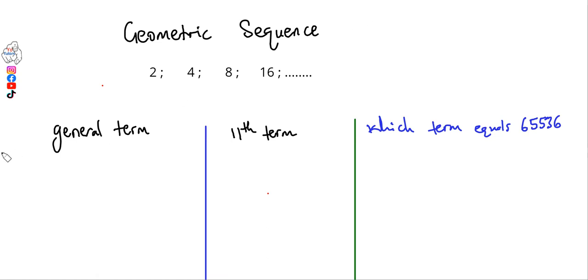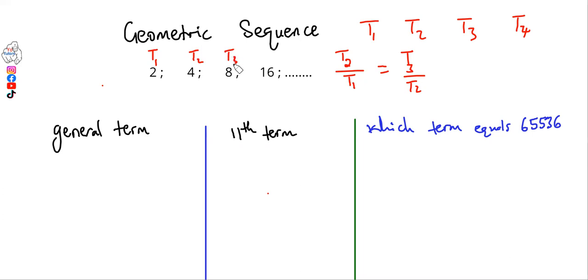Remember what I said when we are referring to T1, T2, T3, or maybe T4: there should be a relationship and we must be able to pick that. How do we check that? For a geometric sequence, if we divide T2 by T1, it must give us T3 over T2. Here is our T1, here is our T2, here is our T3,